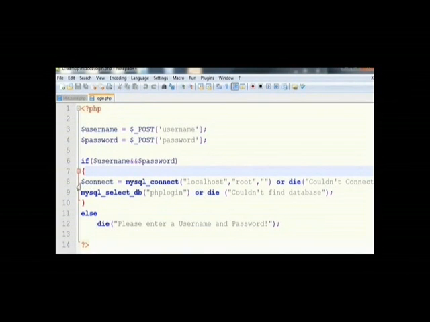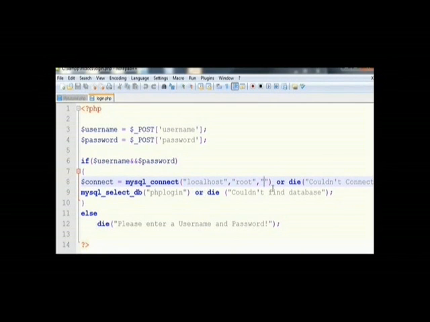I emphasize this highlighted part because this is very important in PHP. The use of this is to connect the PHP and the web design, or the page, to the database. Like connect MySQL, connect localhost, root, and the password.